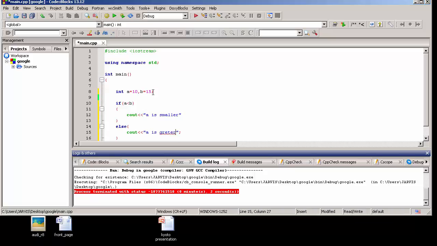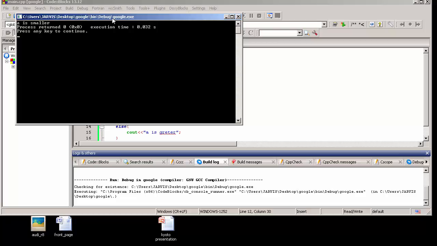I'll put the semicolon right here and just build this. Hopefully I won't get any error.